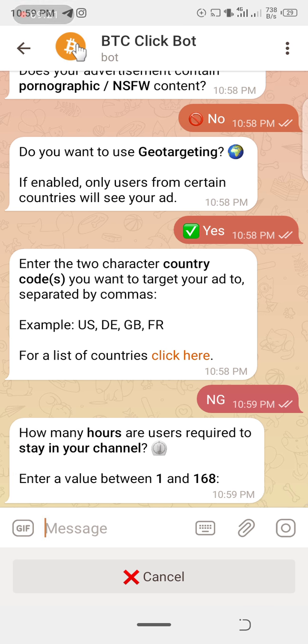Okay, here it asks how many hours users are required to stay in your channel. In this place you have to input the number of hours you want users to stay, a compulsory number of hours from the bot, so that they don't leave in those hours. If they leave in those hours, they won't be paid. You understand? They created it to help maintain the user balance, there is a joining balance in the bot, so there is no cheating, so that someone won't join the channel and leave immediately. That kind of thing.